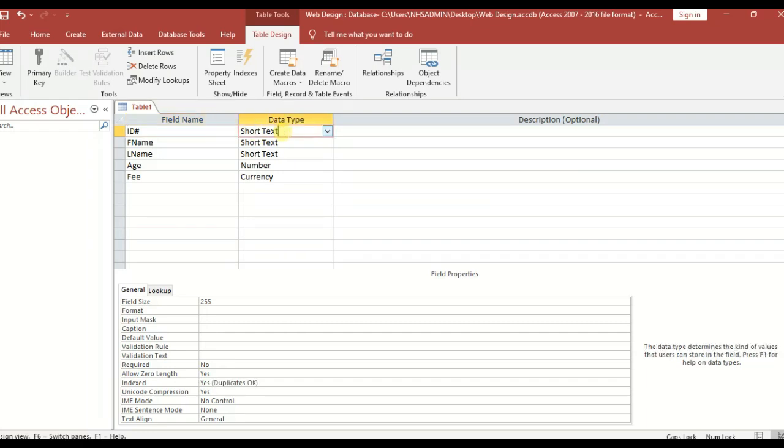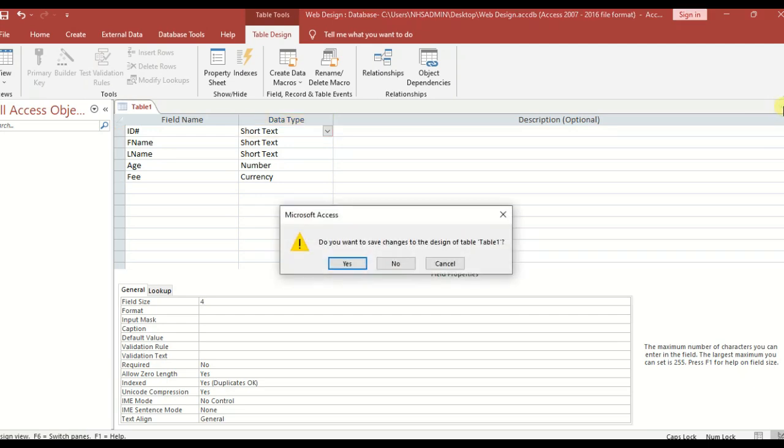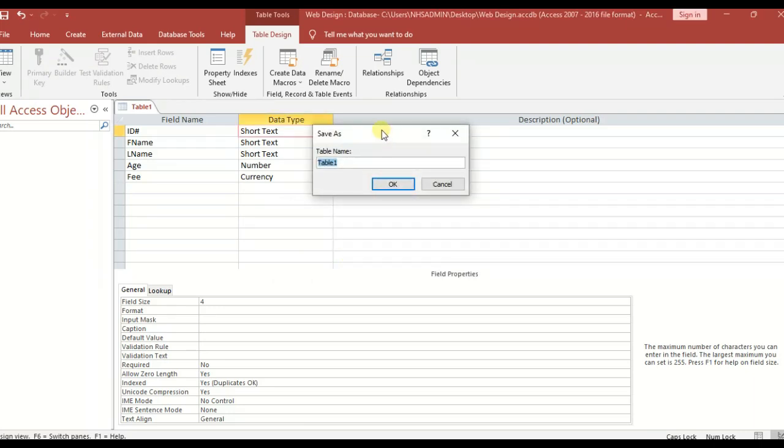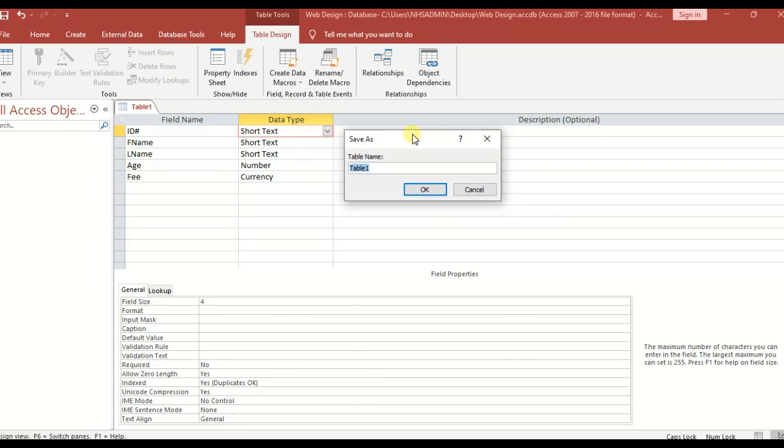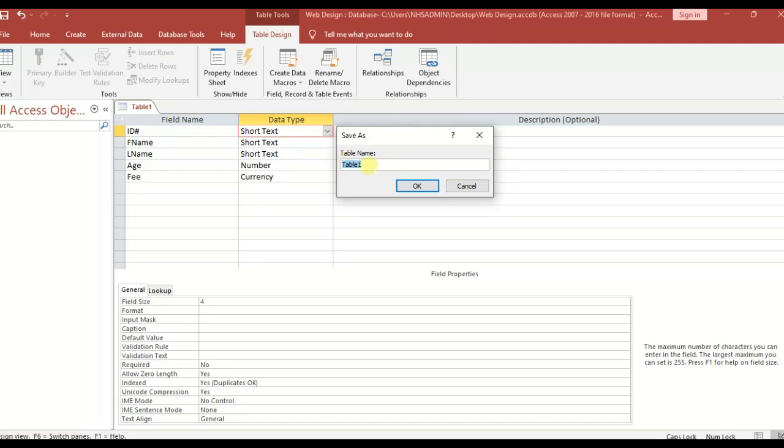For ID number, I am going to use short text and I'm going to say let the ID number be field size 4. Good. So now that we have entered our field names and our data type, I'm going to click this X right here to close it, and it's going to ask me, do you want to save changes to the design of the table? Yes. Alright. Now, just before I give my table a name,